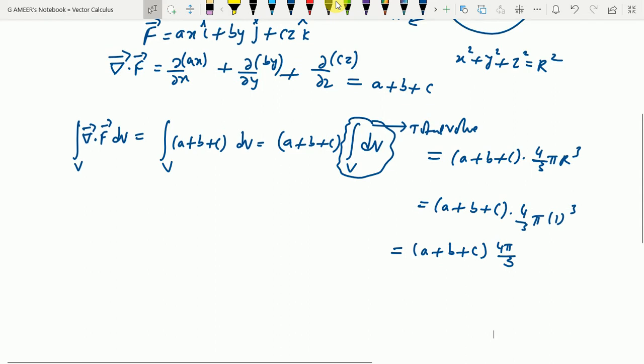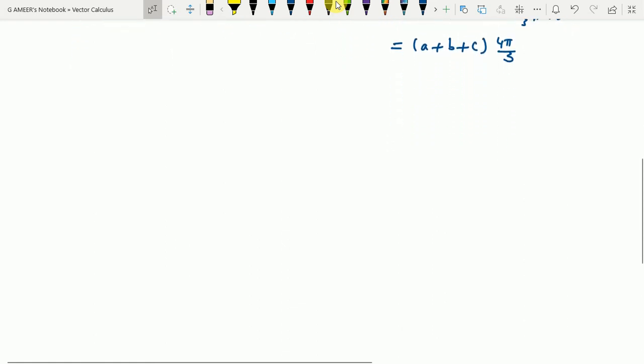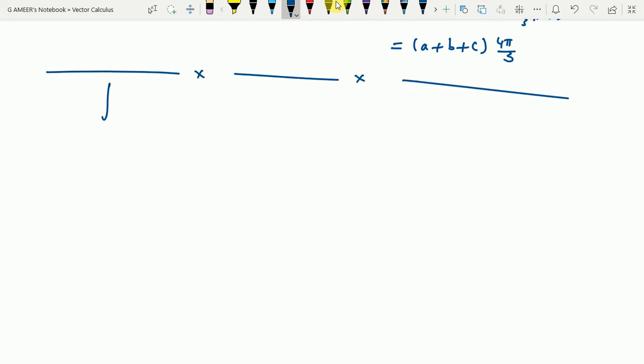Calculating only the surface integration would be a little bit of a tough task here, but not that tough. We can manage, we can do it. Let us see, can we do the surface integration instead of the volume integration? We can try the surface integration of n cap dot f ds that we need to calculate. So what is the n cap for a sphere?